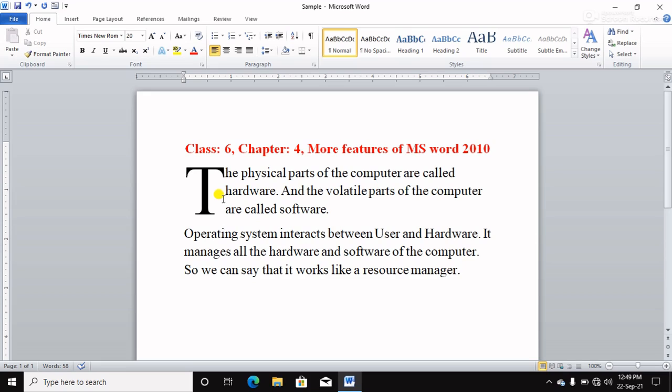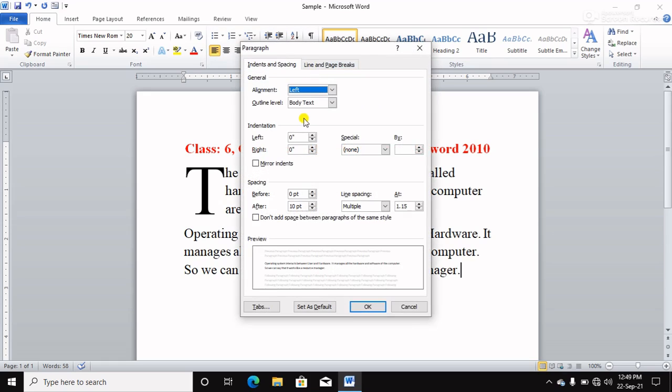For this purpose, you have to click on the home tab and click here, or either you can choose the paragraph. Click on paragraph. Here you can see the indentation. So here you can do left.